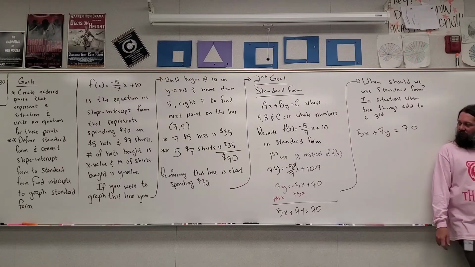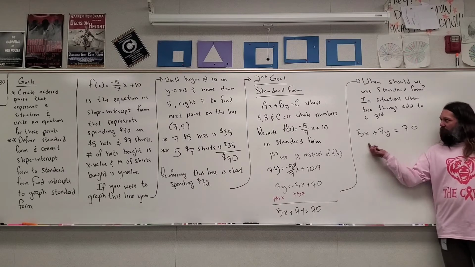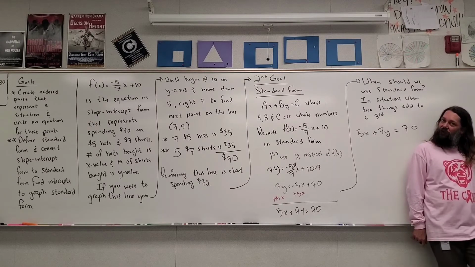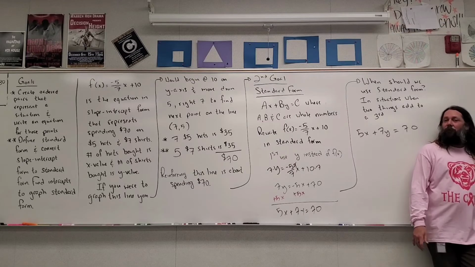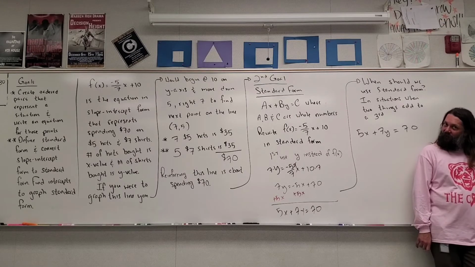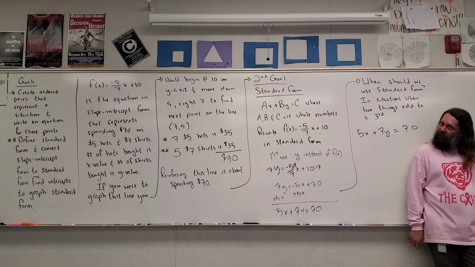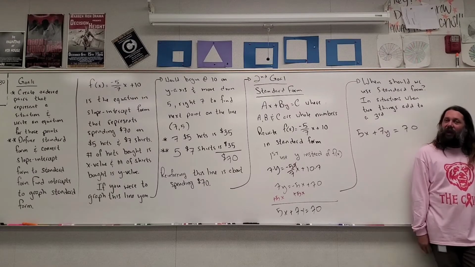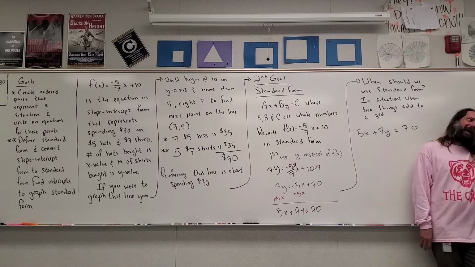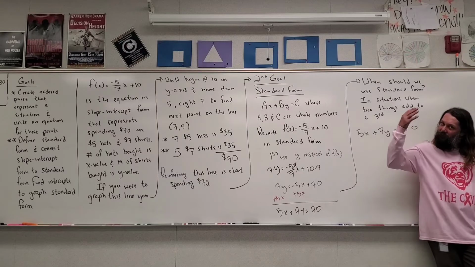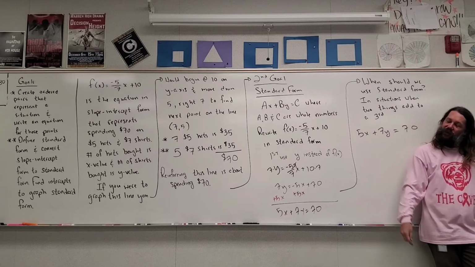So in your homework assignment, you're going to be asked to create standard form equations. And we do that by creating ordered pairs that represent the situation. And you saw when we did that by figuring out how many hats can I buy if I don't buy any shirts, how many shirts can I buy if I don't buy any hats. And we labeled the hats as X, the shirts as Y. We could have done this process by labeling the number of shirts as X and the number of hats as